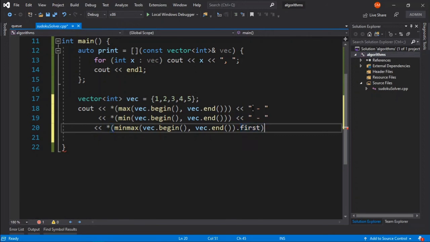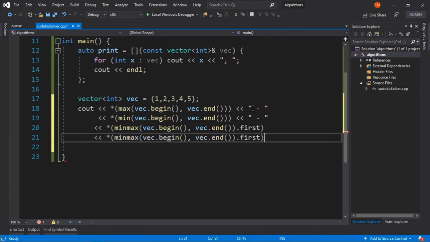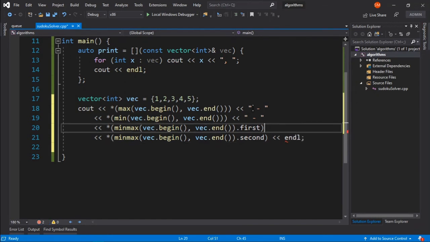second. Okay, so I'm not bothering that much, but in case you want to see it, I can just print it as this, and then end line, and finally I can give a comma here.